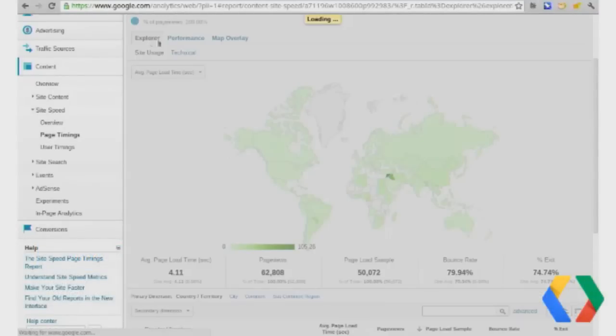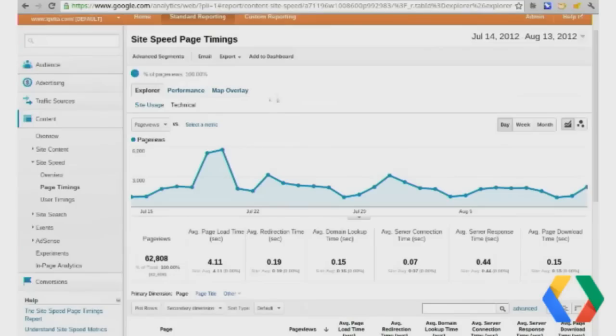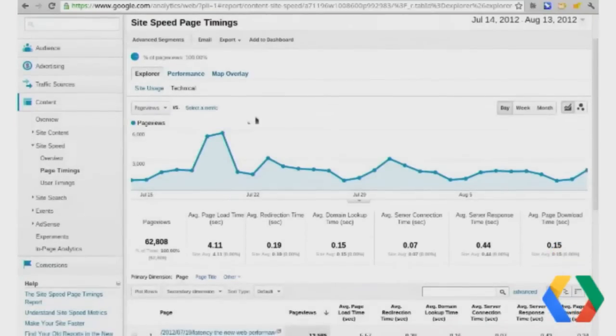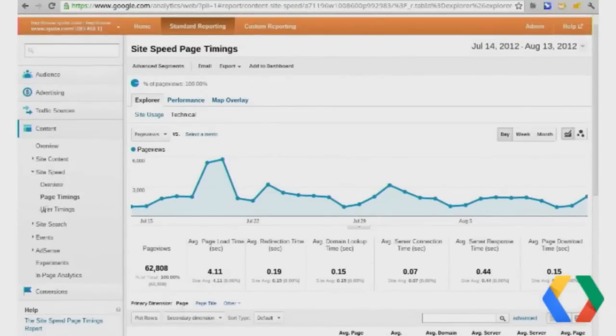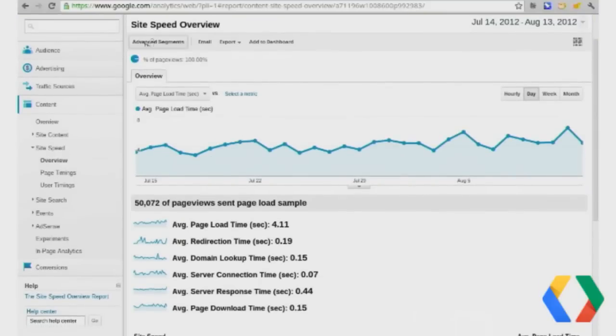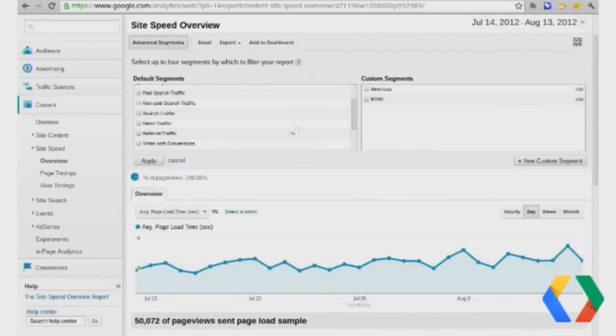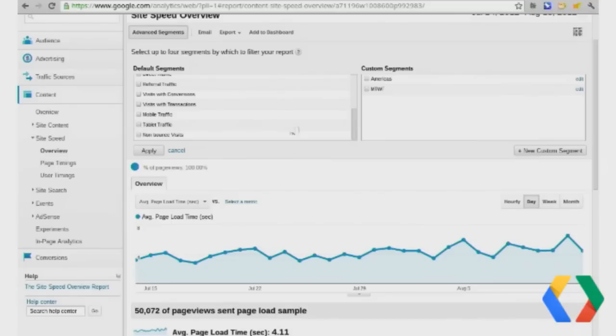But now let's go back here. You're looking at the page views here, which is sort of what I want. Let me go back to overview. So we have average page load time. Now, advanced segments is an oh my God moment for me. If you've never used analytics, advanced segments is one of the most powerful features of this tool, where you can basically segment the data in real time, right? And segmentation is similar to filtering, but you could say, show me all mobile traffic, and Google Analytics will, in real time, filter your data for you.